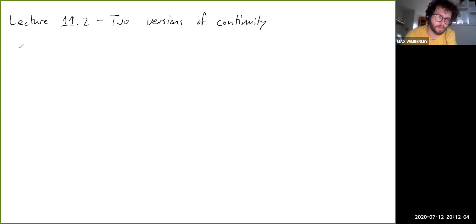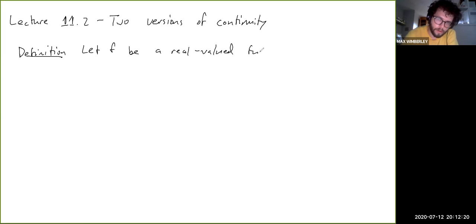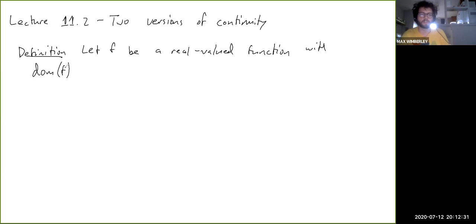So here we go. So definition. So let f be a real valued function with the domain of f. So this is the notation that the book uses and the notation we're going to use to represent the domain of a function. So the domain of f is a subset of the real numbers, and